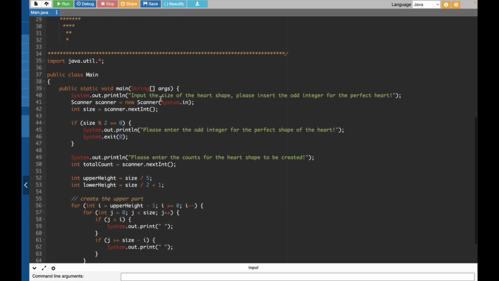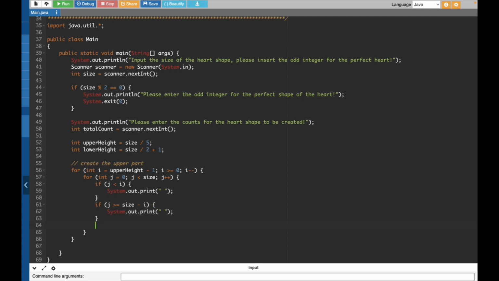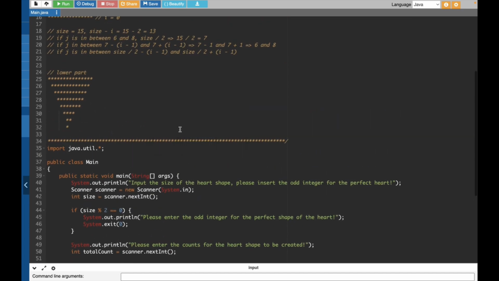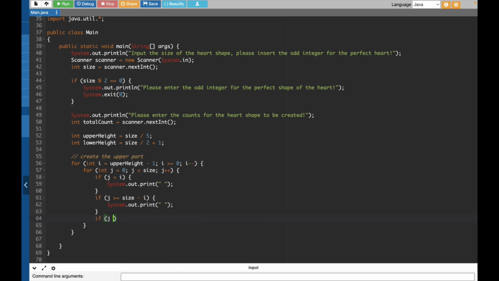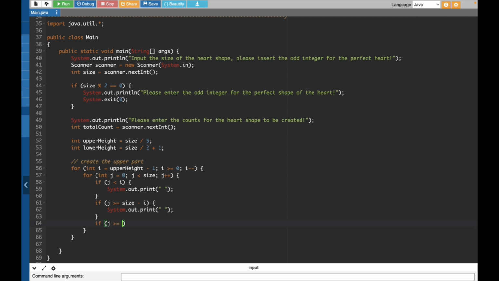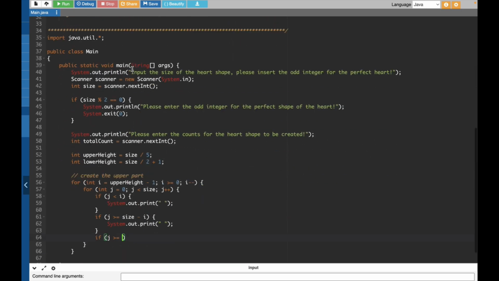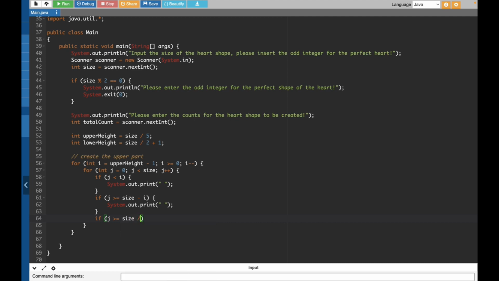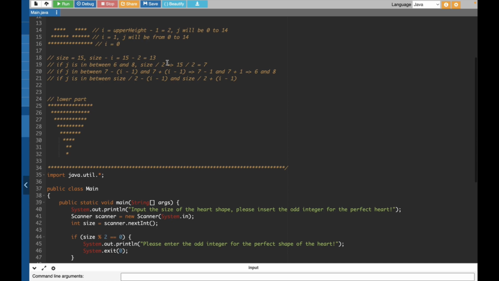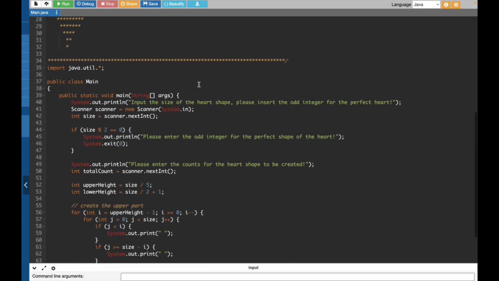So we will write that thing here in our program. Here, if j is greater than or equal to this value, size divided by 2 minus i minus 1, and j is less than or equal to this formula, size divided by 2 plus,